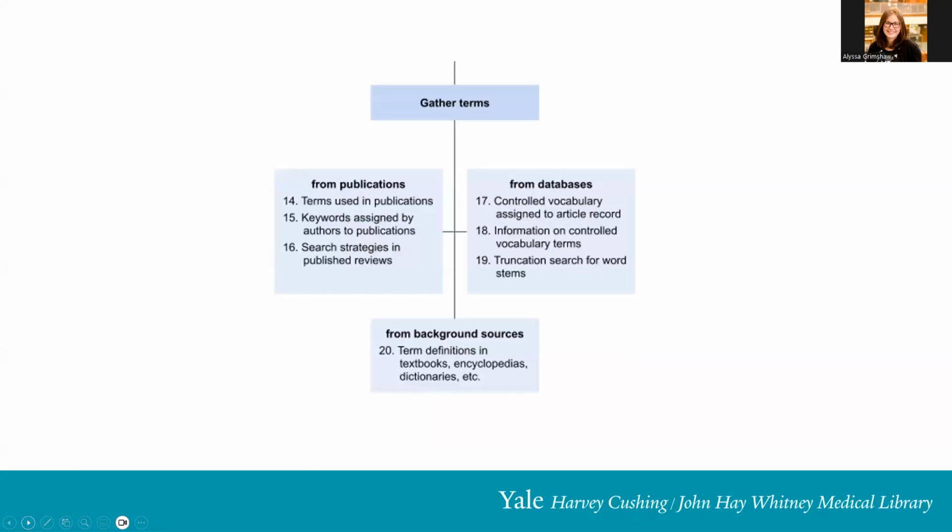So now we've generated all of our terms ourselves. Our next step is to gather terms, right? So we want to look at other publications to see how your information was described in those publications. I do recommend the Yale MeSH Analyzer for this. You just need some PubMed IDs. You throw them into the Yale MeSH Analyzer, and it will send you out some information about the controlled vocabulary,